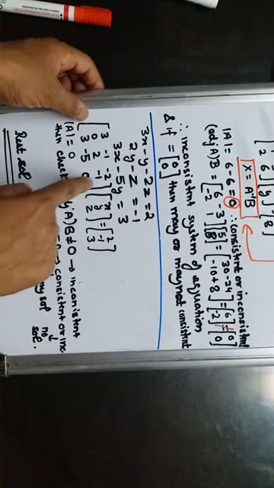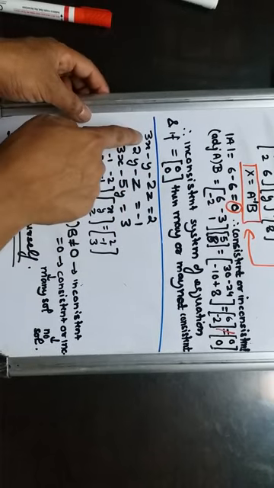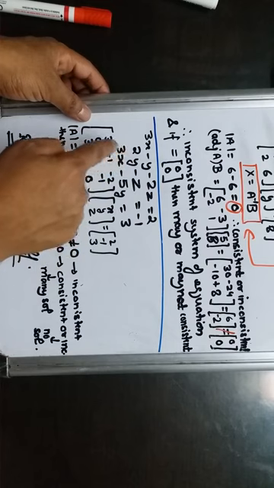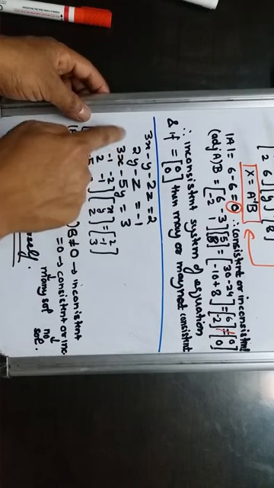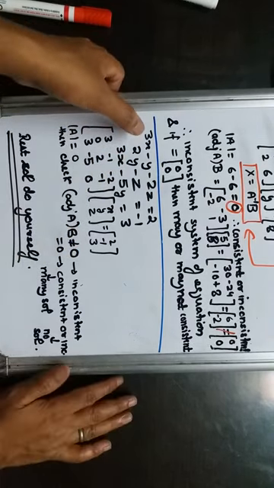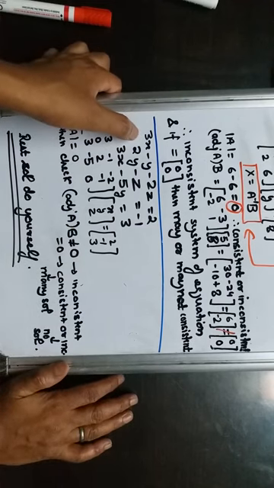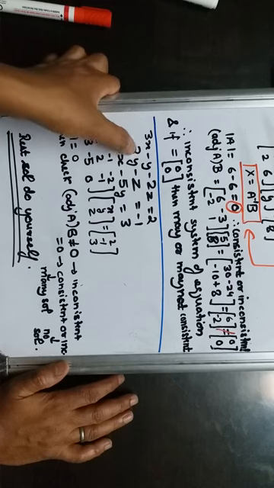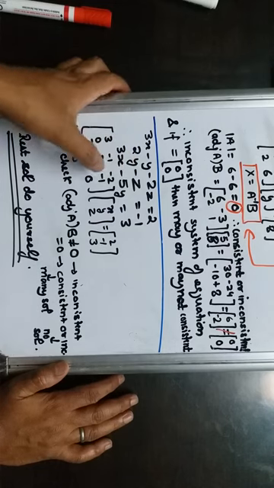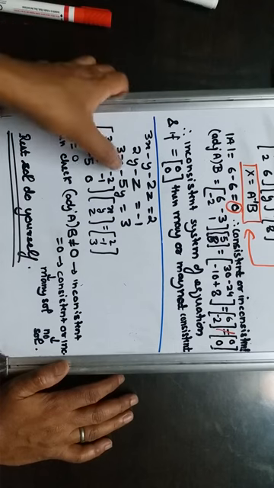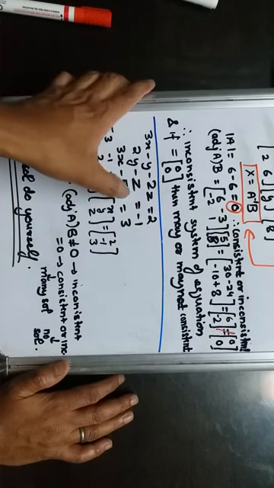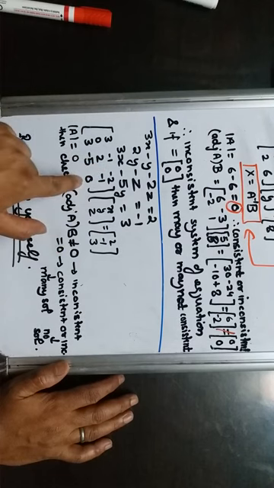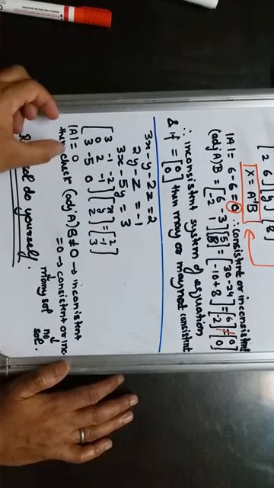A is what? The coefficients of x, y, z. What is the coefficient of x? 3, minus 1, minus 2. X is missing here. So when any variable is missing, that means the coefficient of that missing variable will be 0. So x is missing, so write 0. Coefficient of y is 2, z is minus 1. X is 3, y is minus 5. Z is again missing here in the third equation, so write 0. First step, take out the determinant of A.